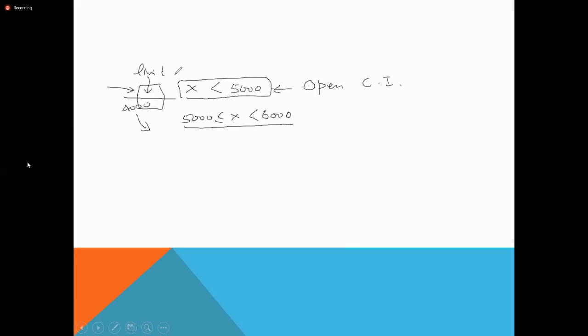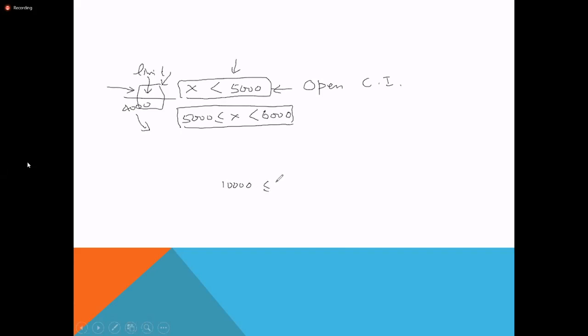In a case where it is not given otherwise, if the calculation requires it, in the open class interval we can guess that it is also the same as the class size of the neighboring class interval. We can take this as 4000, the same size as the next class interval. If there is an open class interval on the other side, maybe all the other remaining salaries are greater than or equal